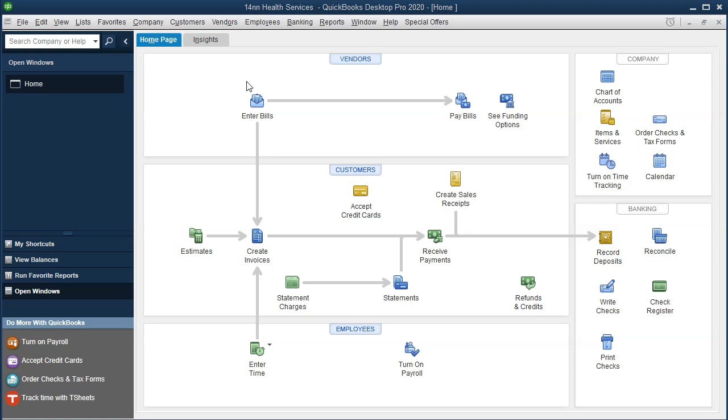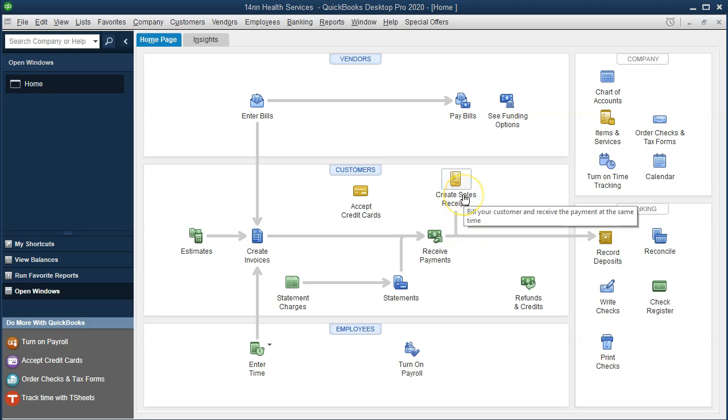If we go back to QuickBooks, then the question is, how should we record this transaction into QuickBooks? Let's think about a normal cash transaction first, and then we're going to go into and do this non-cash type of transaction. Our objective with a normal type of cash transaction is to get the transaction on the books, which would be an increase to cash and an increase to the contributions. And we would like to be able to have some kind of list telling us the donations that had been made. The form that will typically be used to do that is going to be called the Create the Sales